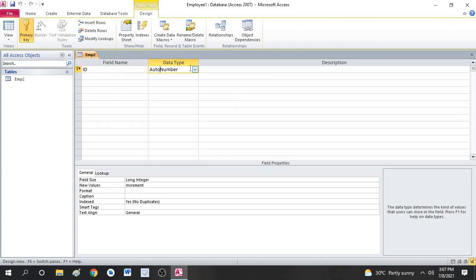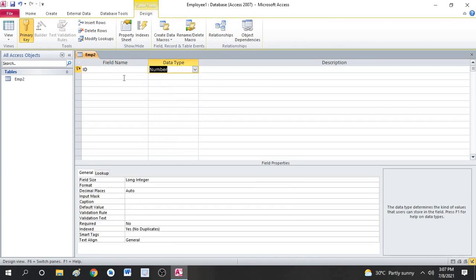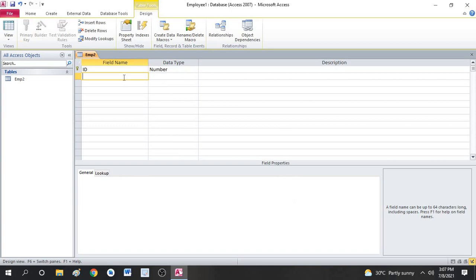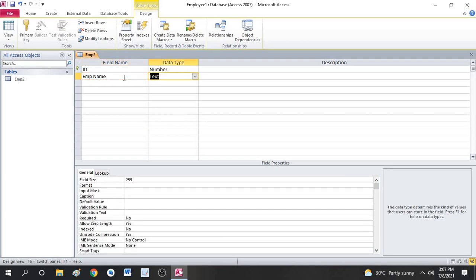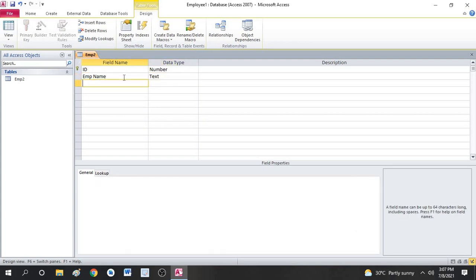My first field is employee ID. Let it be number, so that in between I can give numbers. Then employee name. Let it be text.